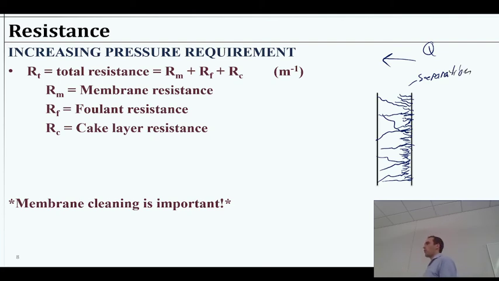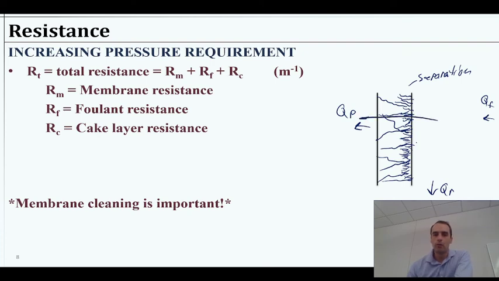So as we have water flowing through, I'm going to classify 3 different types of resistance to the flow that we can think about. Of course, there's also going to be flow that sort of, I guess we could say Q_R goes this way, whereas Q_F would be here, and then Q_P would be coming through here, right? So that's kind of the schematic for my membrane right here. Okay, so let's break this apart into 3 segments and say that we have kind of 3 areas to consider,